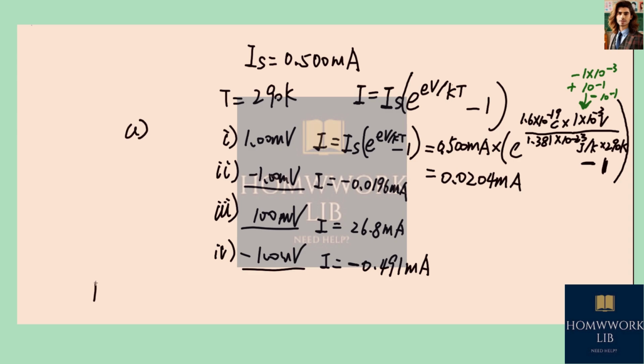Part B asks us, is it possible that this junction could obey Ohm's law for some range? If we have a look, when it's 100 millivolts, obviously when the voltage is applied in one direction or the other, the current differs a lot. But when the voltage is a little bit smaller, the currents differ a little bit, but not that much. So for small voltage,